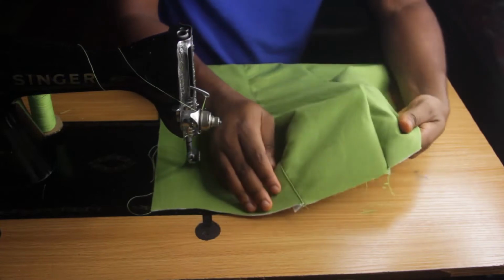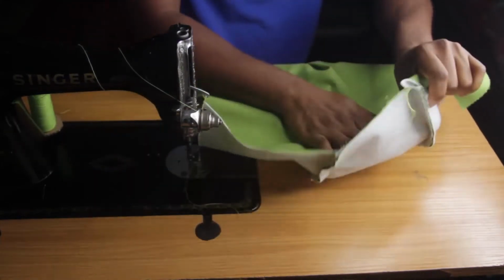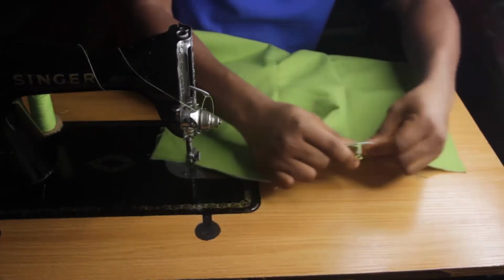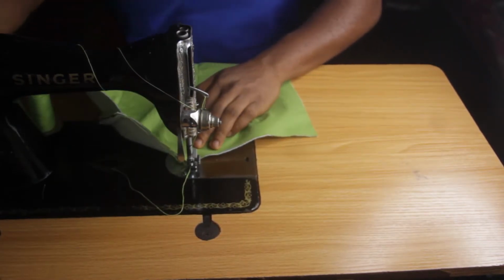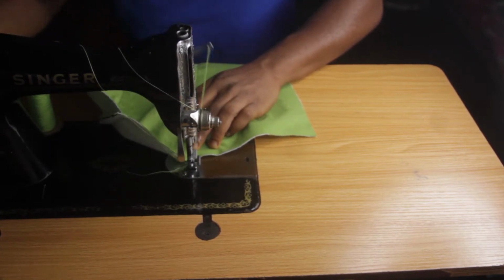Now make sure you lock it. As you can see here, after I've stitched it, this is what we have. So you see it has a bust. I'm going to do the same thing. We're going to push all the excess to one side, and then we'll stitch from top to bottom,